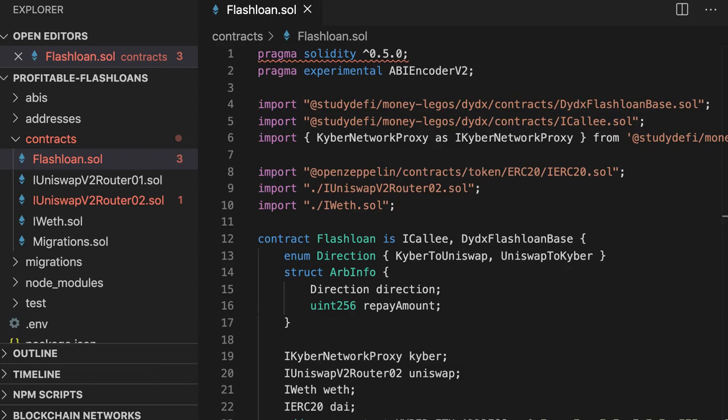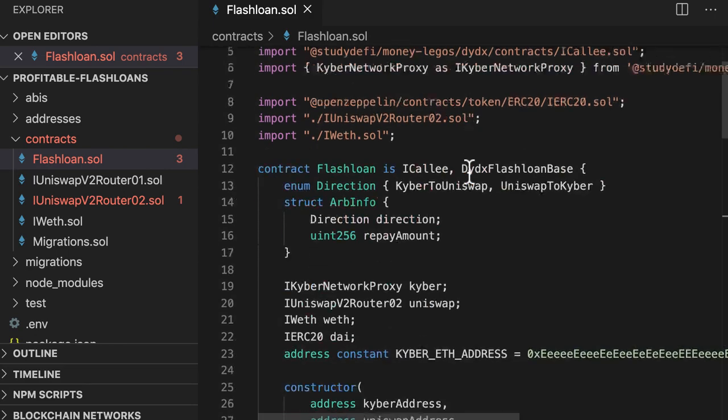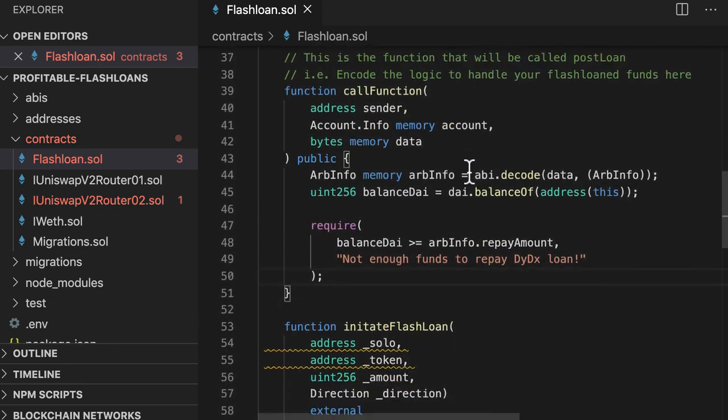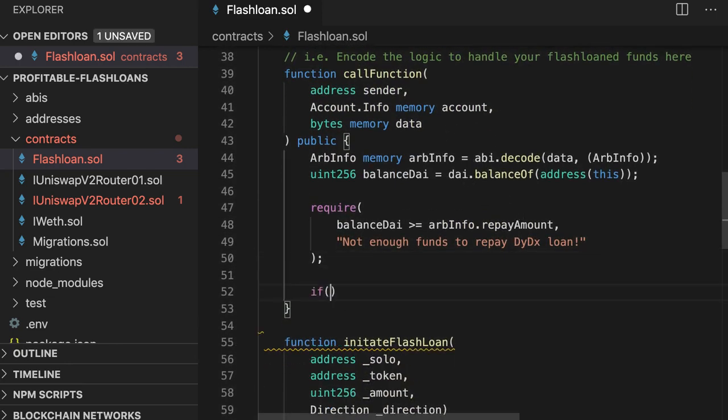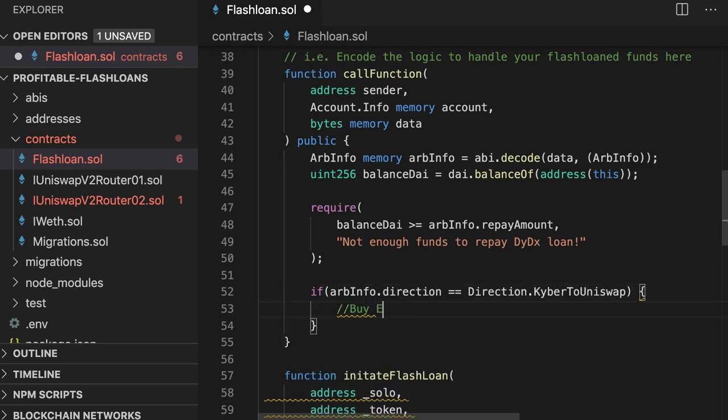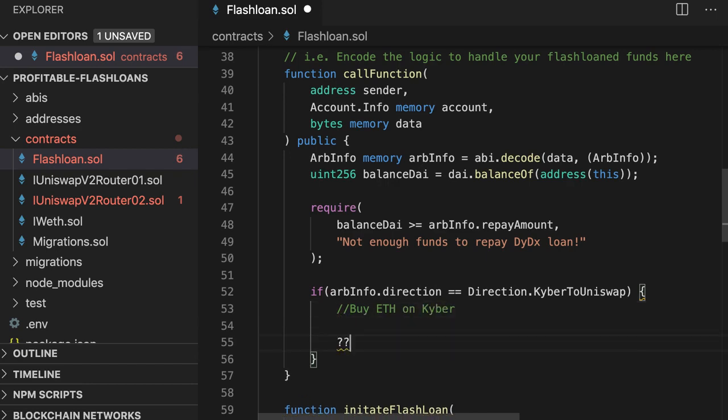In this video, we are going to do the first arbitrage in our smart contract from Kyber to Uniswap. So we are going to buy Ether on Kyber and sell it on Uniswap. So in our smart contract, we go to the call function, and if arbInfo.direction equals the direction of Kyber to Uniswap, then we buy ETH on Kyber, sell ETH on Uniswap. So the first thing we need to do is to approve the DAI to be spent